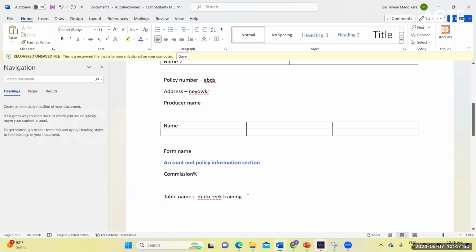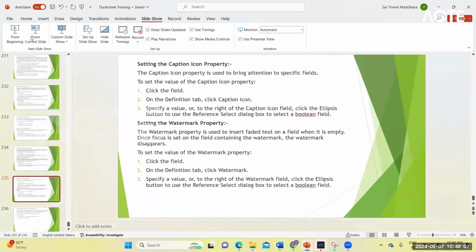On click of the document icon button, a pop-up will appear and the file manager will open. You need to click on the respective document available in your local for this Duck Creek training name. Those types of icons are called setting caption icon property.